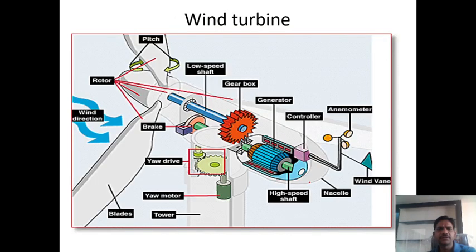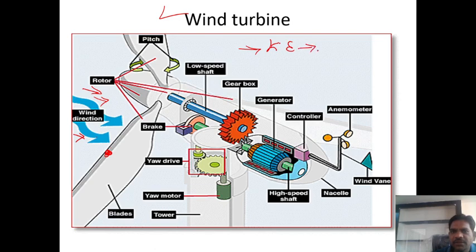So if you look at this big diagram, guys, this is the complete diagram of the wind turbine. In a wind turbine there are different blades, and these blades are connected to the hub of the wind turbine. This is the direction of the wind flow. The wind strikes the blades, and this kinetic energy of the wind is converted into mechanical energy, and mechanical energy is converted into electrical energy. Means what is here, electrical energy conversion?